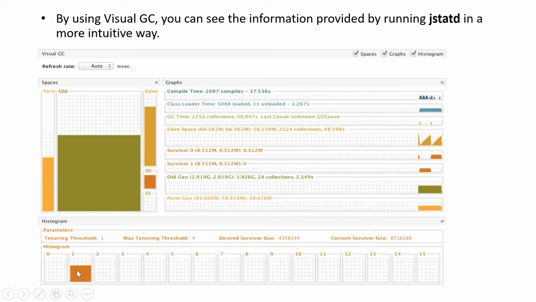Now you can see the objects ages 0, 1, 2, 3, 4, till 15. So 15 is your maximum value for the max tenuring threshold. Now here it is defined as 4. So when you set this to 4, within 4 cycles only, the objects will get moved from the survivor space to the old generation, from the young generation to the old generation.